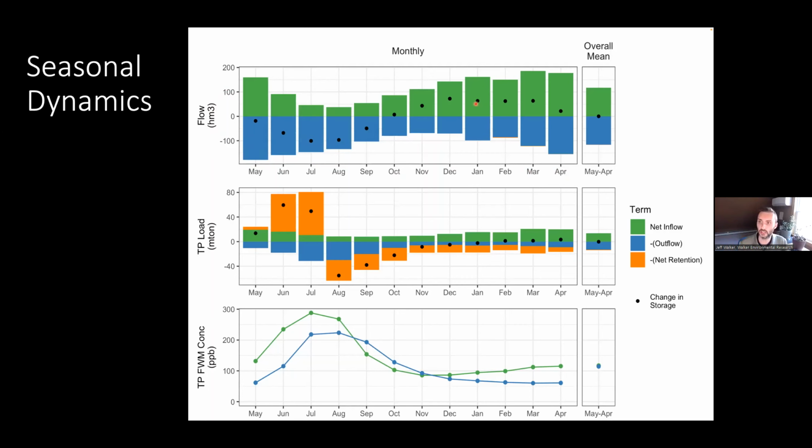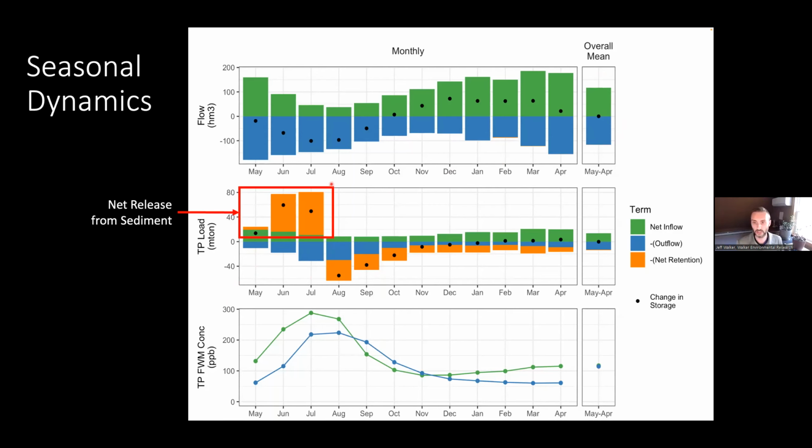And then in the winter, inflows exceed outflows and the lake refills. So that's the annual hydrologic cycle of the lake. Overall, if you take the average across all months, inflows and outflows are pretty much balanced, which makes sense since the lake is not really getting bigger or smaller over the long term. If we look at loads,